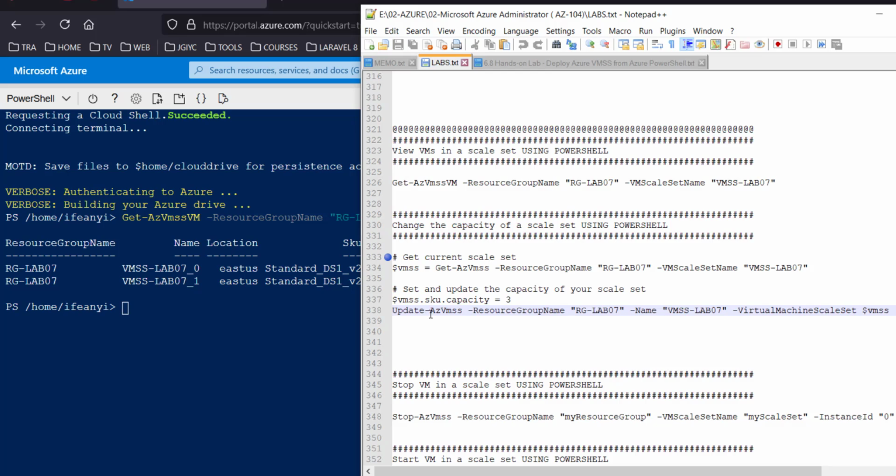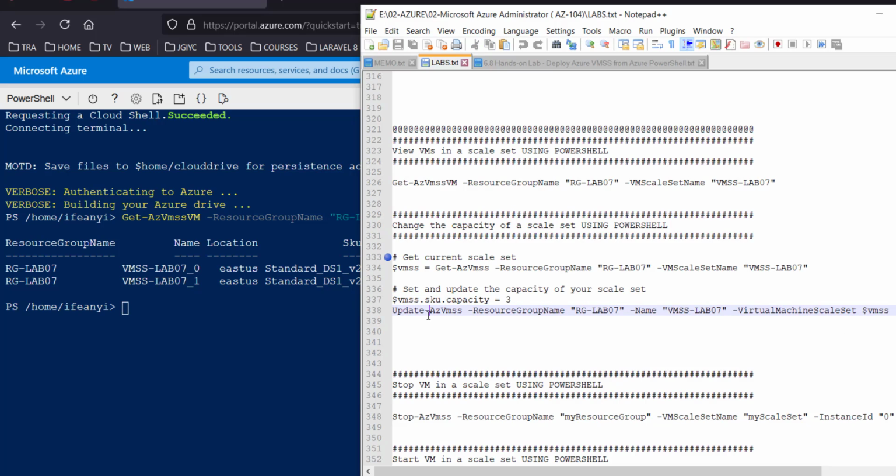That's Update-AzVmss. Then we'll use the resource group name, which is RG-Lab07, and the name, which is VMSS-Lab07. And we'll now call the virtual machine scale set variable, which is VMSS, which we currently have set the SKU property, under that the capacity, to 3 virtual machines.